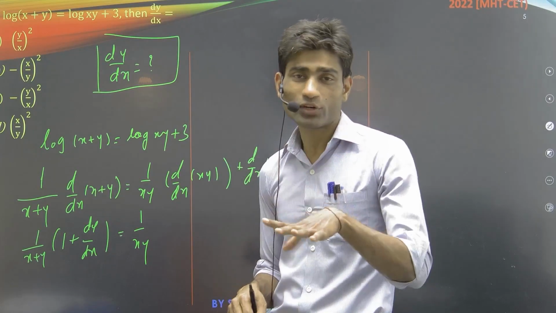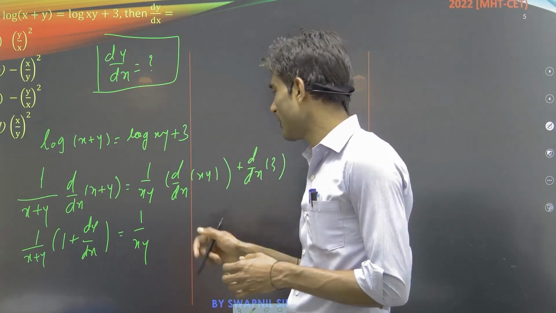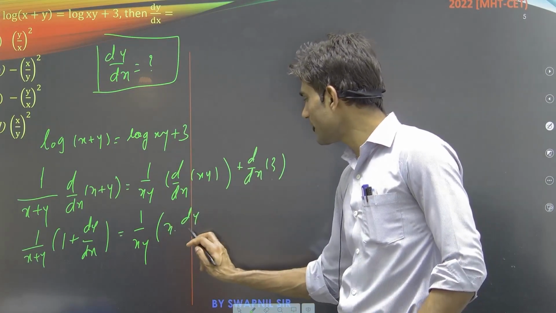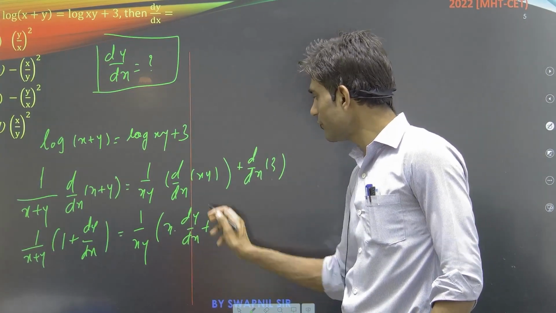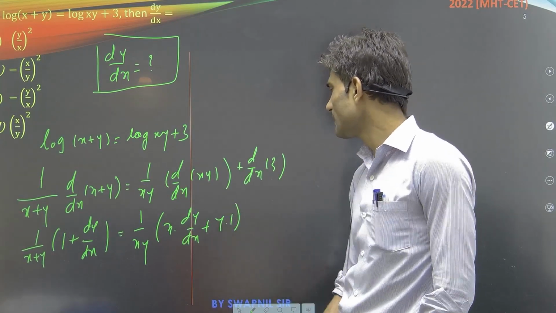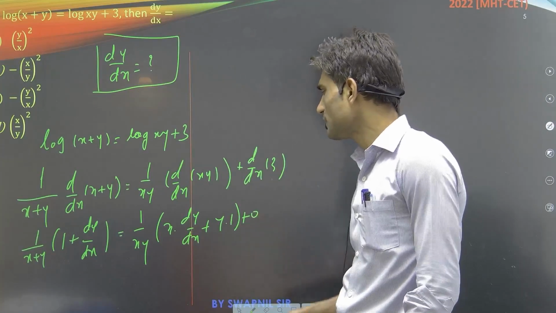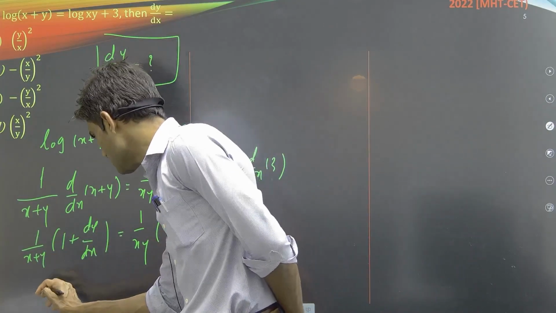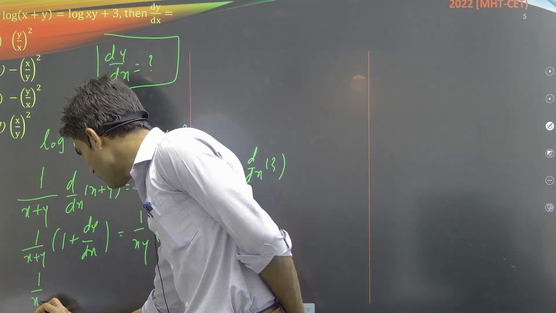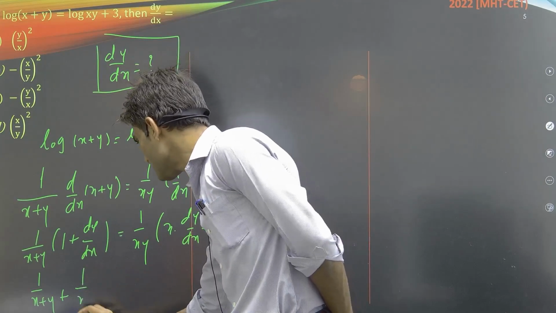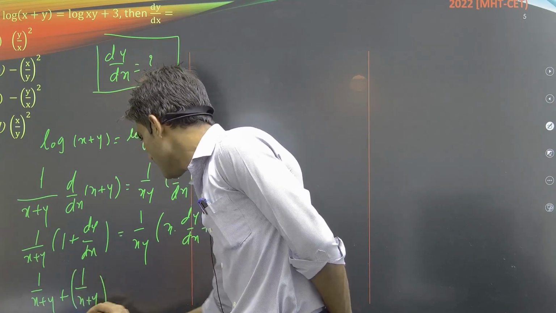These are two different functions. Apply the product rule for the differentiation here. First function as it is, differentiation of the second, plus second function as it is, differentiation of the first, which is 1 dx by dx, and plus the constant differentiation goes to 0. Multiply by 1 upon x plus y under the bracket. So 1 upon x plus y plus 1 upon x plus y dy by dx,